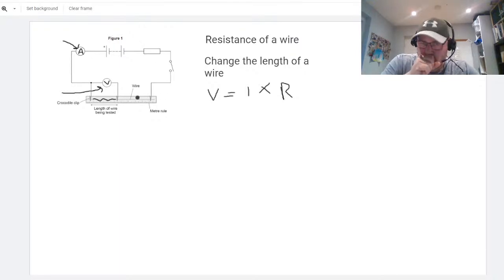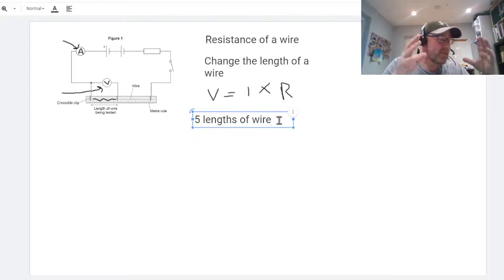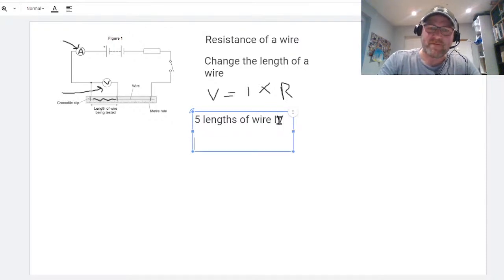If I'm going to investigate the resistance of a wire, you need 5 lengths of wire. We're going to change the length. They may ask you to change thickness, in which case keep the length the same. That is my independent variable, my IV. Then I'm going to be measuring